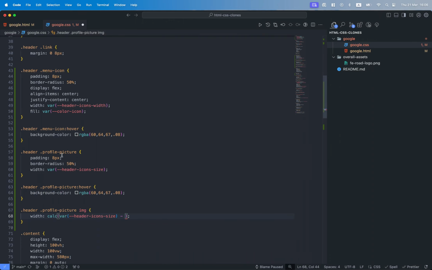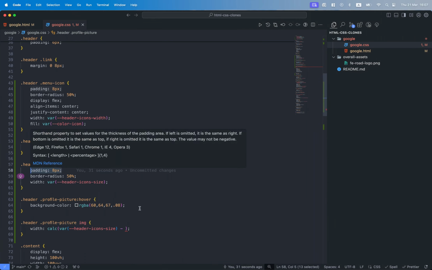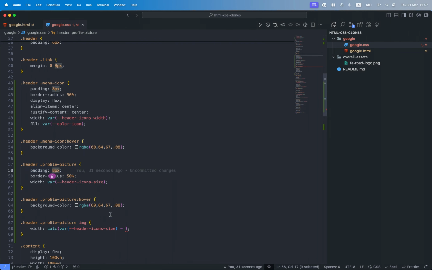The padding that was added to this profile picture, which is, of course, 8 pixels. But we need to do 8 pixels on both sides. So technically we need to do here 16, so technically we need a width of the size of our icons minus 16, and all of this in pixels. However,